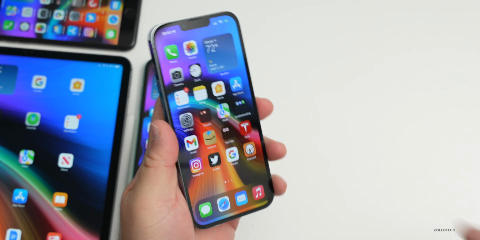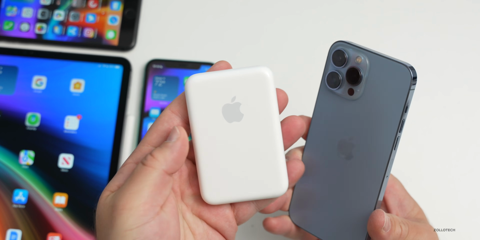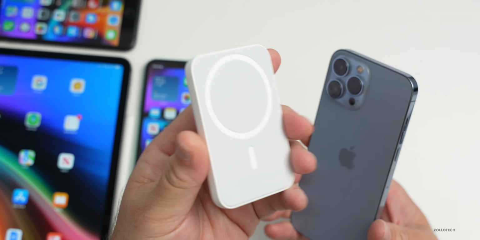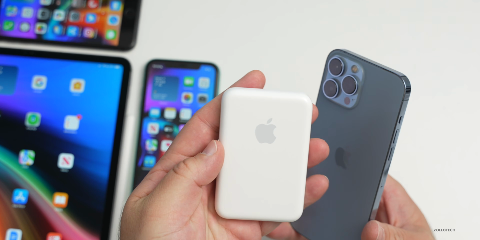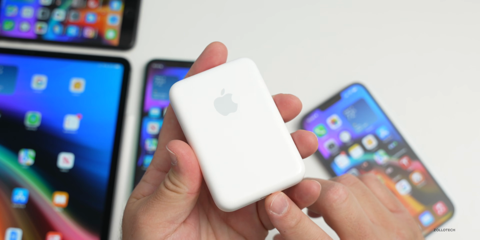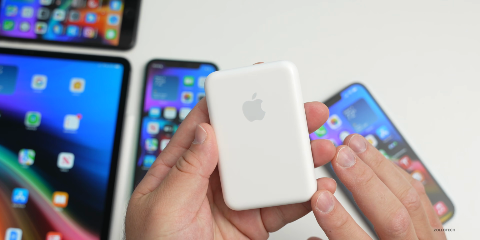7.5 watt charging. So that's something we didn't have before. It only charged at 5 watts. Now it charges at 7.5 watts. So it's a little bit of an update that's definitely worth doing if you already have one. If you're not seeing it update on your phone, I found it to be much quicker to update by plugging it into a Mac and just leaving it for a few minutes. Then it seemed to update quickly. So it looks like that's available very